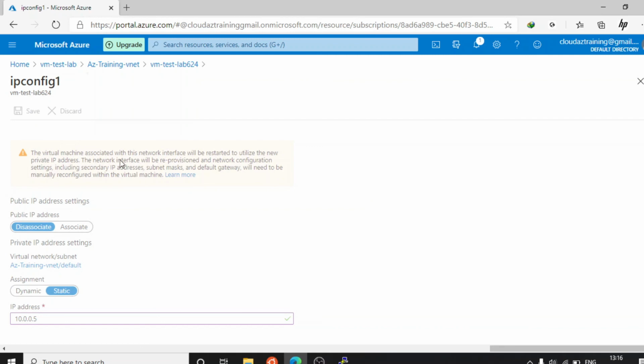Actually it's not going to restart your VM, it is going to restart only the network interface card or network manager. Because this private IP is assigned to that network interface card, it will restart your network manager so it updates inside your system. That's why it is restarting the network manager or network interface card.